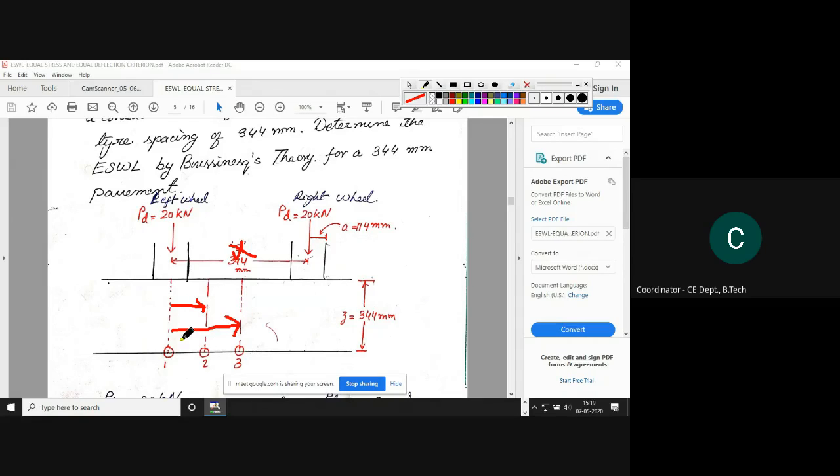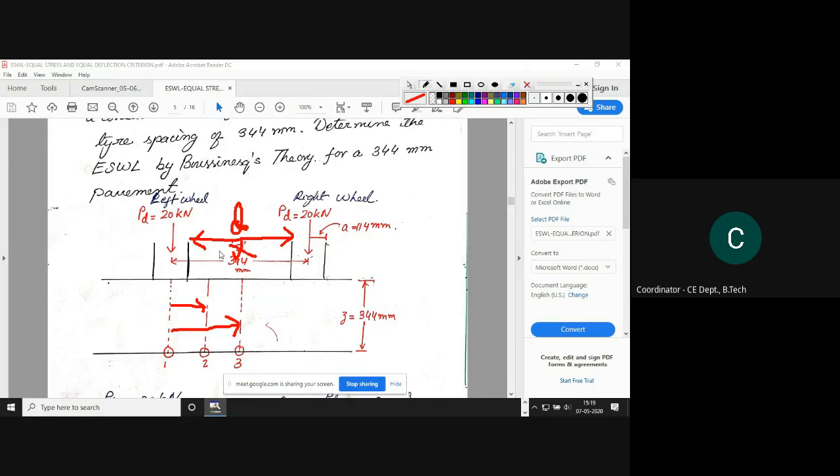Now see, as per the diagram, ma'am, every time it will be given as center to center distance, or sometimes it will give the outer distance also? Yes, what you're talking about, this inner to inner distance? Yeah, inner to inner. Maybe inner, maybe outer, but will it always give the center to center distance?